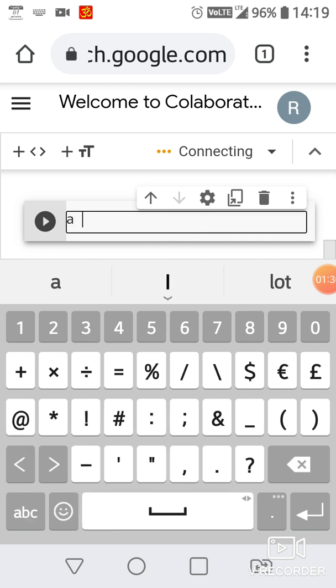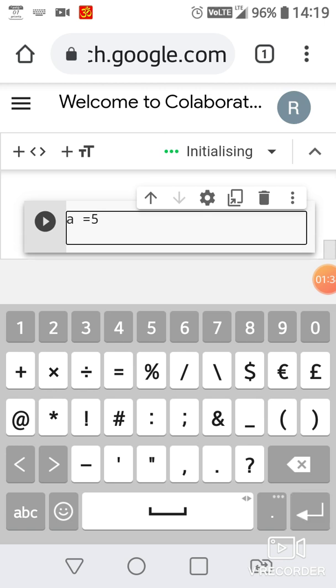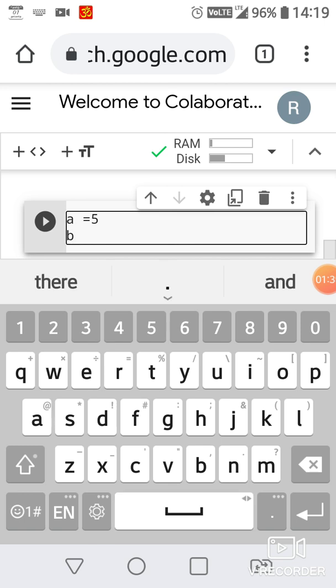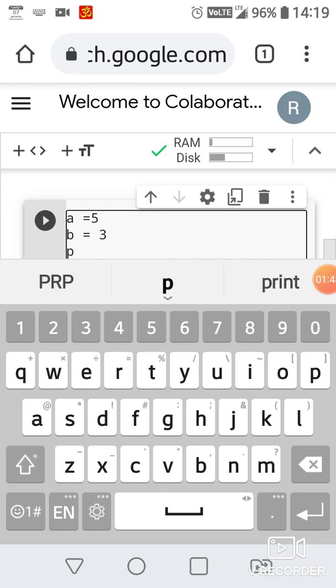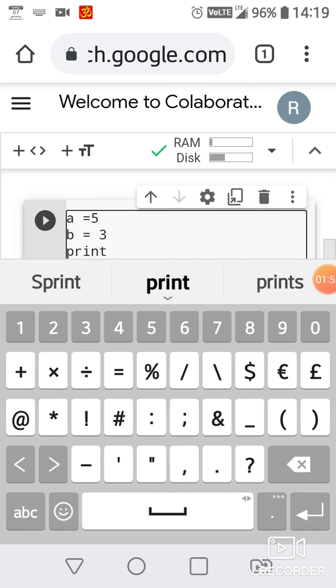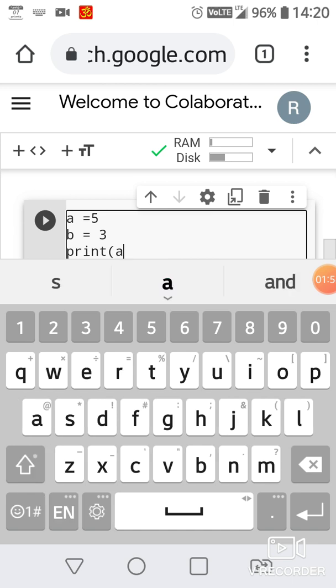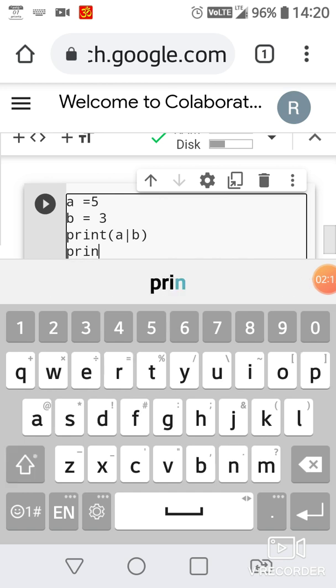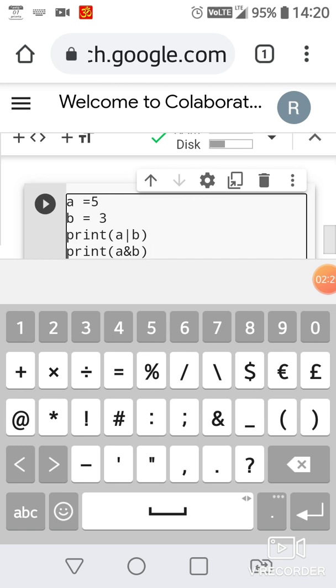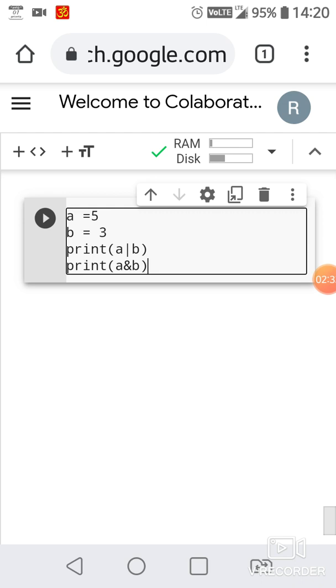A equal to 5, B equal to 3, print A logical OR, bitwise logical OR B. Then print A logical and B. Okay. Now run this cell, press run button,